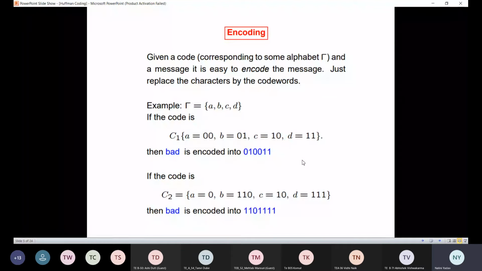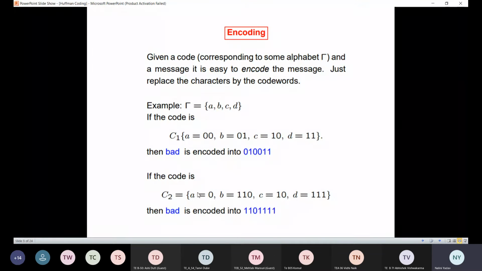For example, say I have a code for A, B, C, D. If the code for A is 00, B 01, C 10, and D 11, this particular coding technique is the C1 coding technique. In this case, BAD will be represented as B is 01, A is 00, and D is 11.